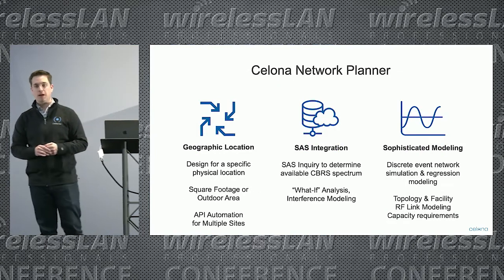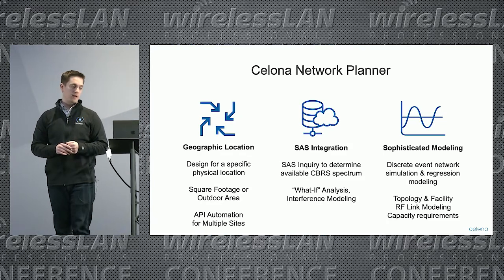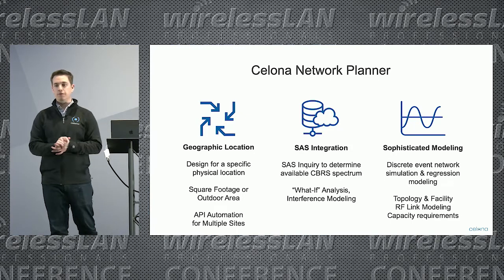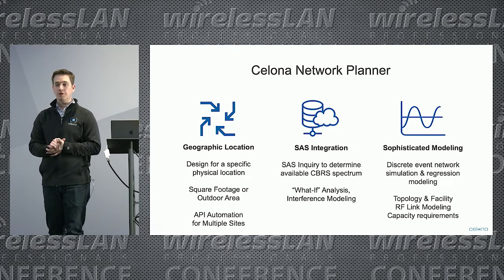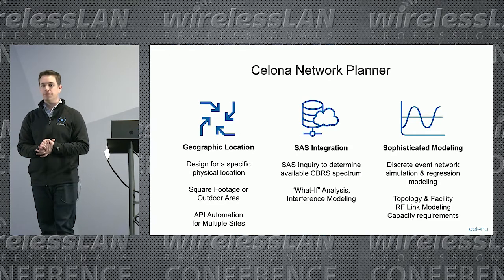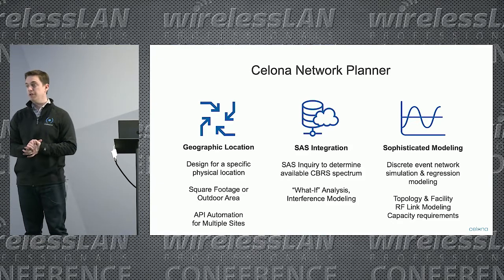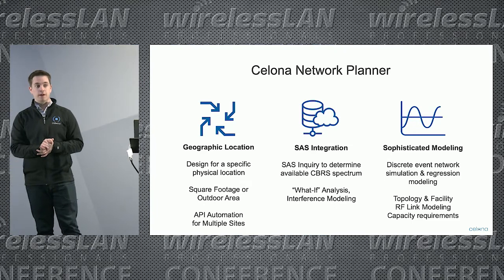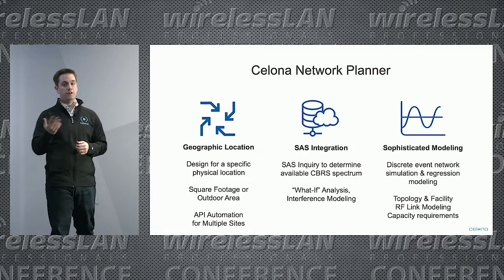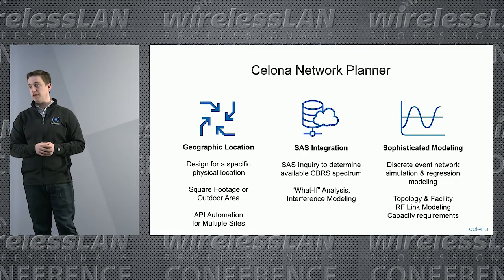The Celona Network Planner has a couple of key features. One, it does tie into that geographic location, so you can design for the specific GPS coordinates of radios that you're going to be installing. You can do coverage assessments based on square footage or drawing outdoor areas on maps dynamically. And it has an API, so you can automate this process for a large number of sites as well. So if you have tens or hundreds or even thousands of sites that you need to plan for, you don't need to do this manually. You can script it through DevOps and go in and hit our API and get an understanding of what spectrum is available in all of those locations, as well as then based on your requirements, potentially how many radios you